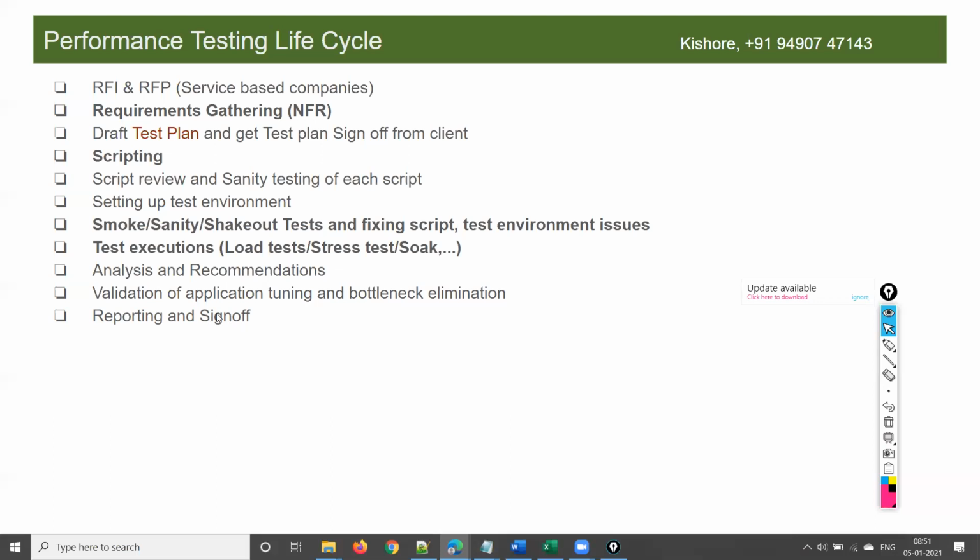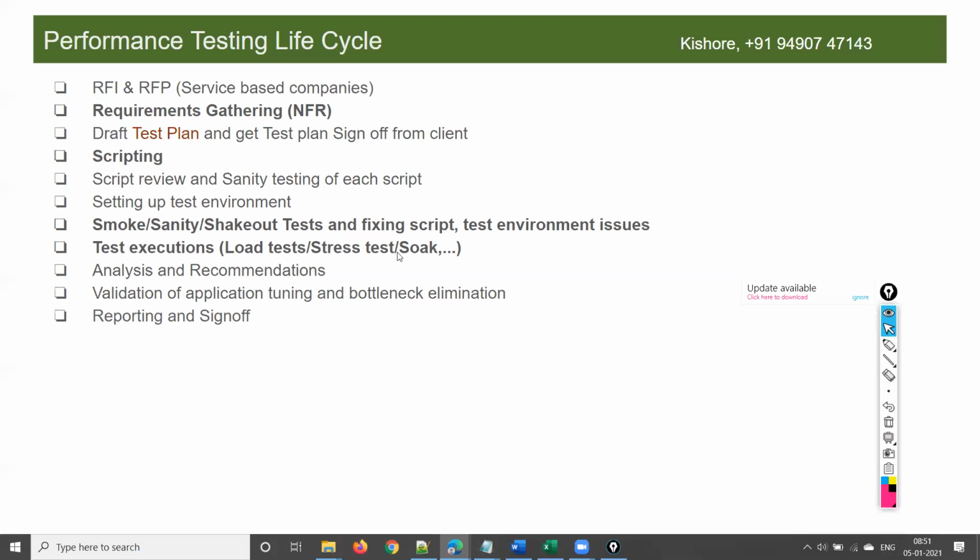The client should agree that all the performance testing activities committed in the test plan document are done to his satisfaction, and he got the output he is expecting. So he should provide a formal sign off, and then your project ends.